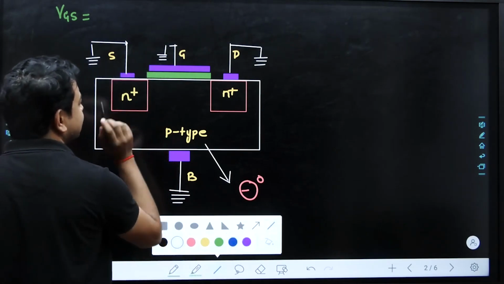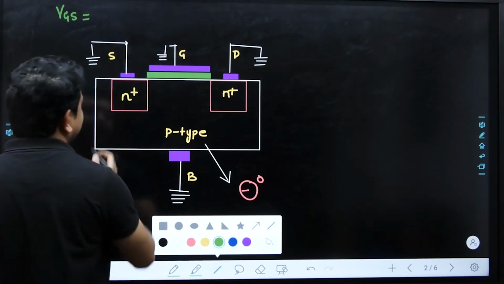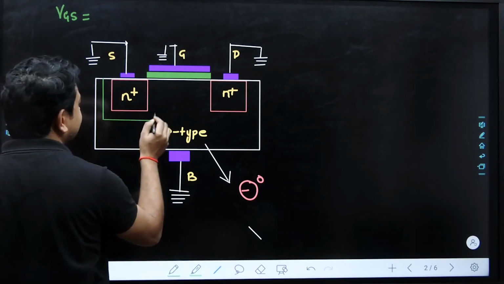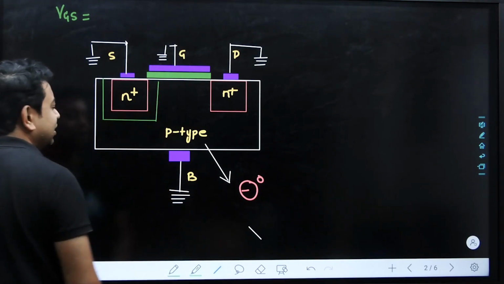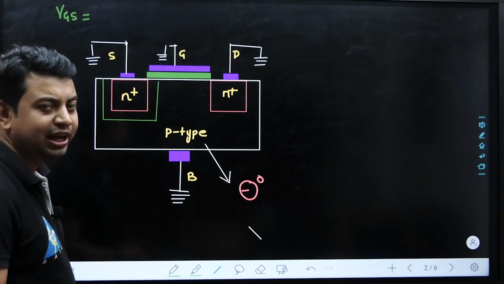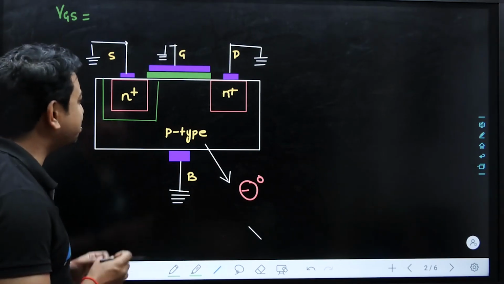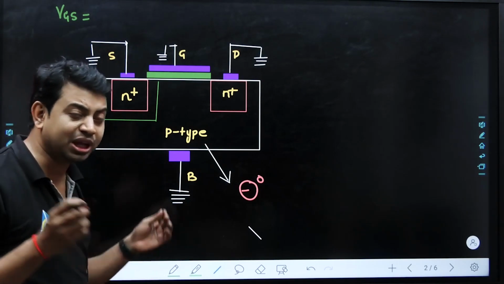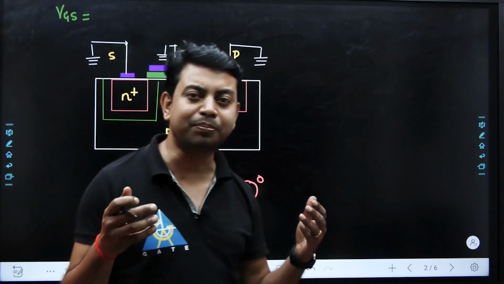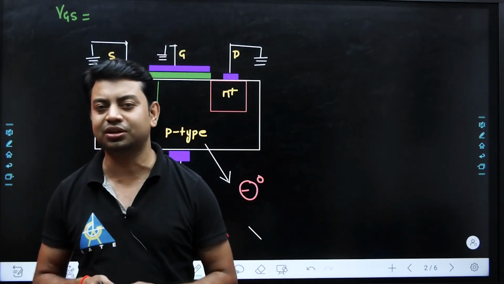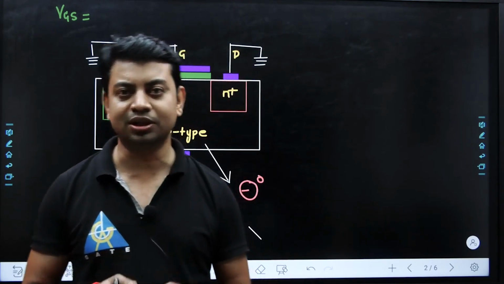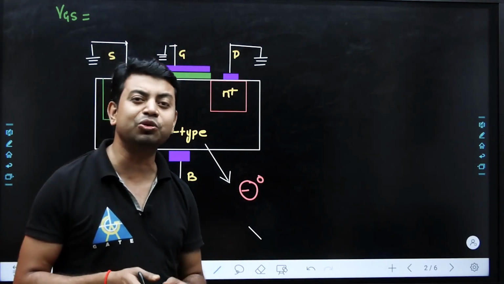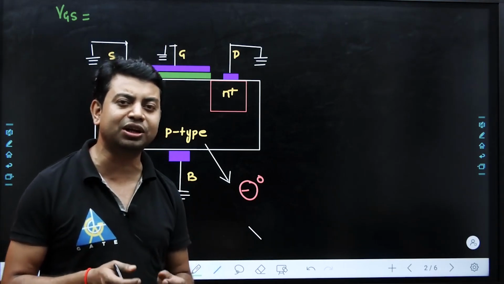Since it is P and this is N, we have a depletion layer between this N plus region and P region. The width of the depletion region is more towards the P-type substrate, because we have already analyzed this in the lecture in the second unit. The crash course of the second unit is available in GATE Academy Global, and we understood that